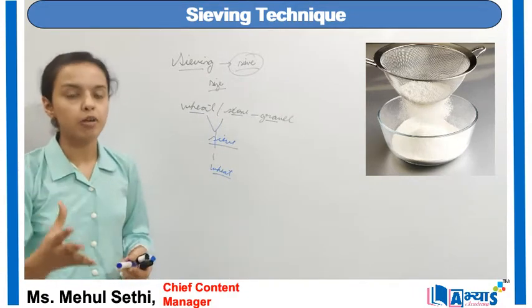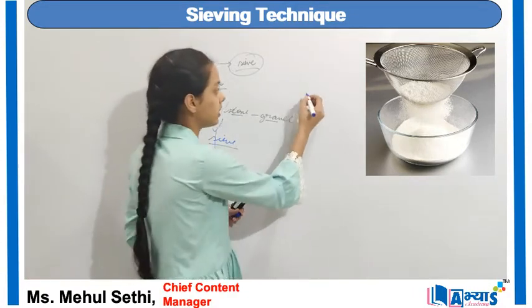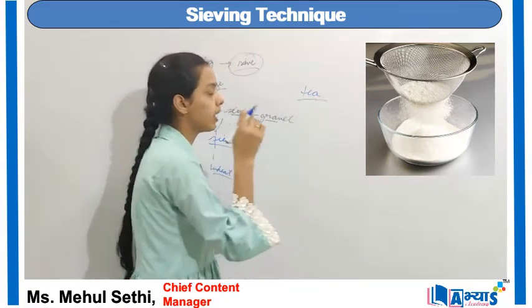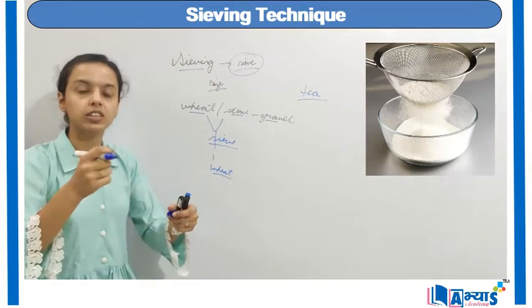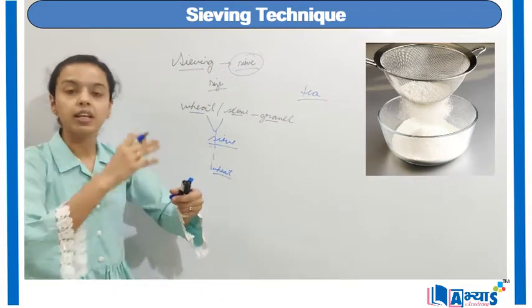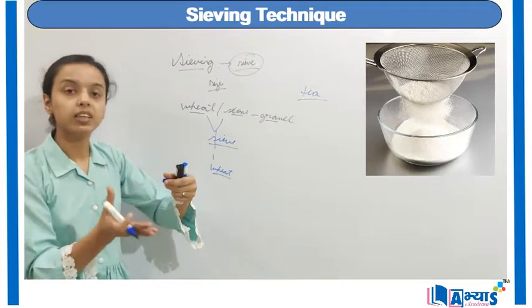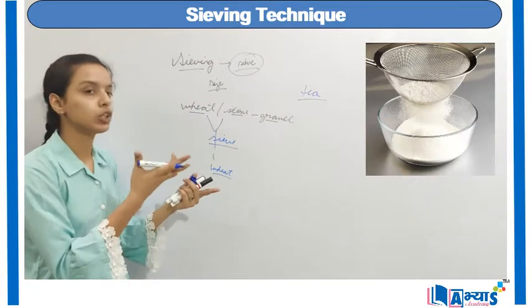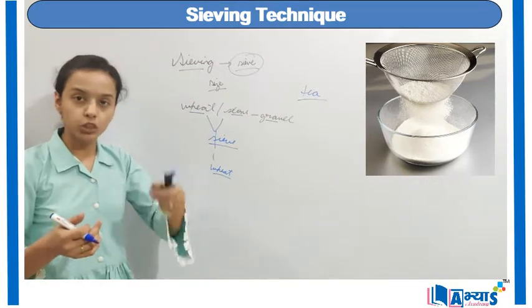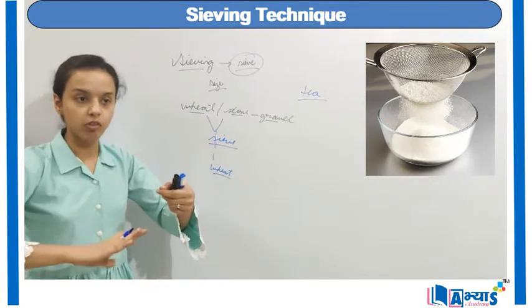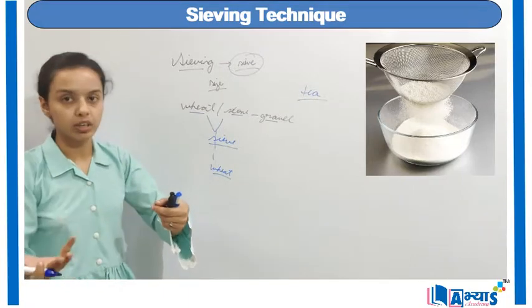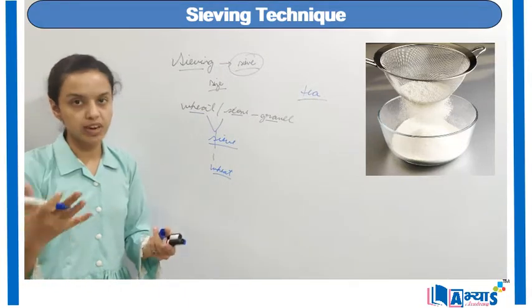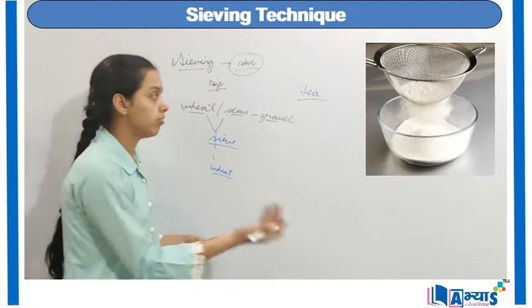The best example of using a sieve is in the case of tea. Whenever you are making tea and pouring it into the cup, the tea comes to the bottom and the tea leaves remain at the top. So it is a very similar process to sieving. The instrument that is used to separate the tea from the tea leaves is known as a strainer, or you can refer to that strainer as a sieve also.